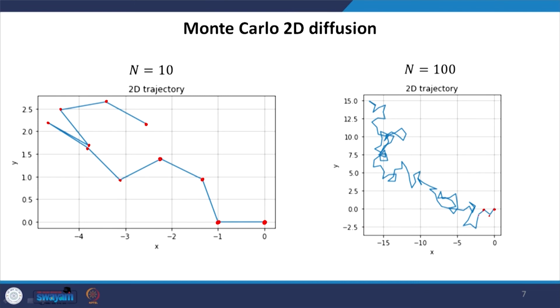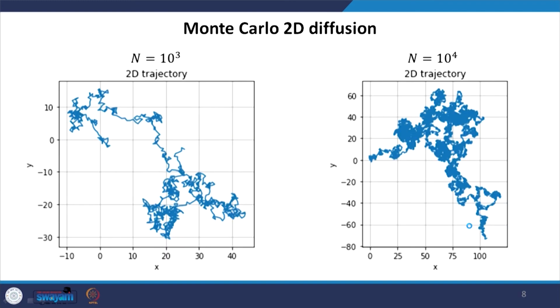If I go to a larger value of n, the trajectory may look something like this. Again, there is no directionality to what we are doing, and we can keep thinking of even larger values of n, and it gives you very interesting trajectories of the diffusion process.